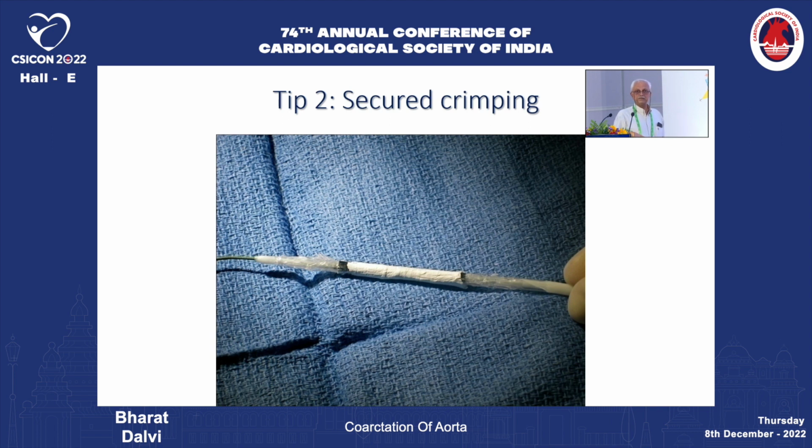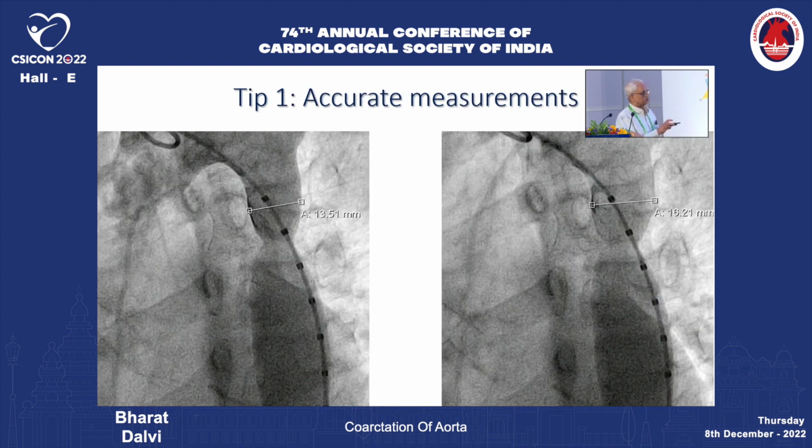The second tip is that please crimp your stent in such a way that it is extremely secured. And sometimes in doing that, to get it extremely secured, you lose the connectivity between the proximal,